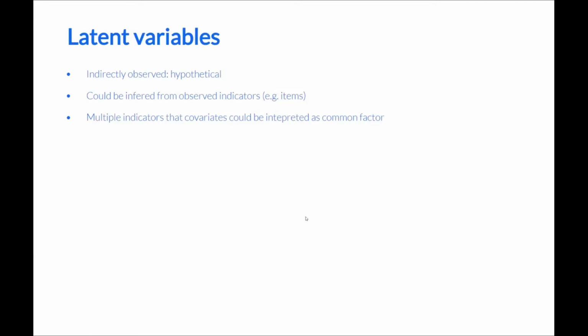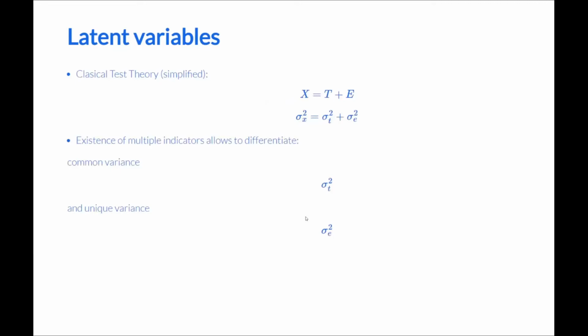The most common approximation to this measurement issue is when some set of items have a correlation among them. Then we can interpret this multiple correlation between some set of items as a common factor. That is the most important approach. It is a very old approach to this kind of measurement issue in order to capture latent variables. This is based on classical test theory, where we can interpret this multiple correlation as a common variance,